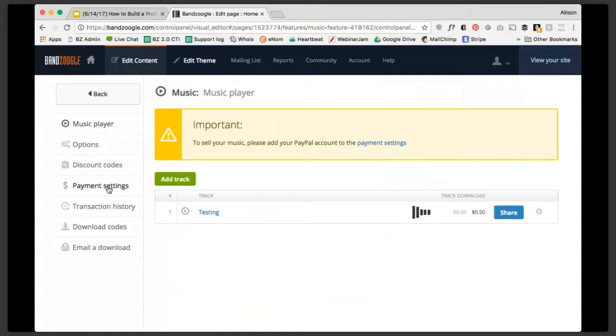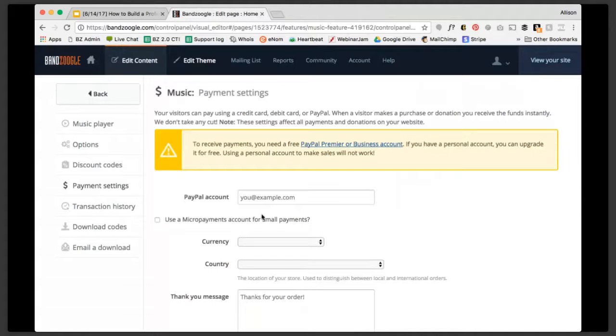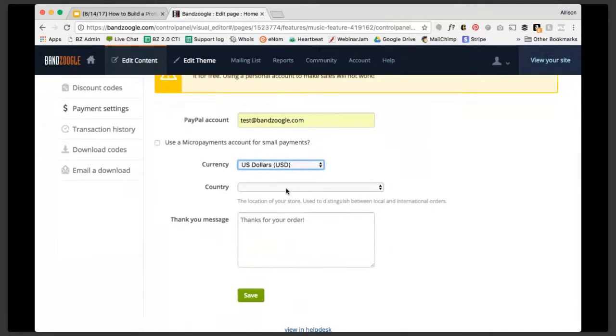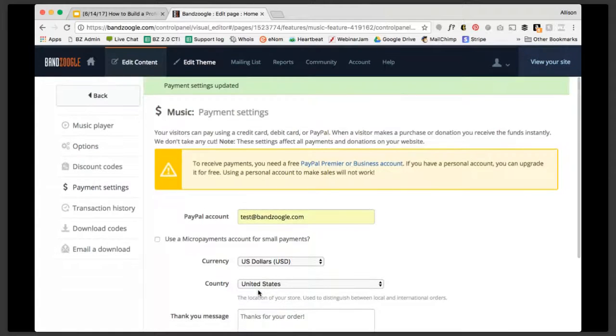For payment settings, you're going to want to add your PayPal email address. So that anytime you make a sale, you'll get paid. That's very important. So let me just put in okay, so